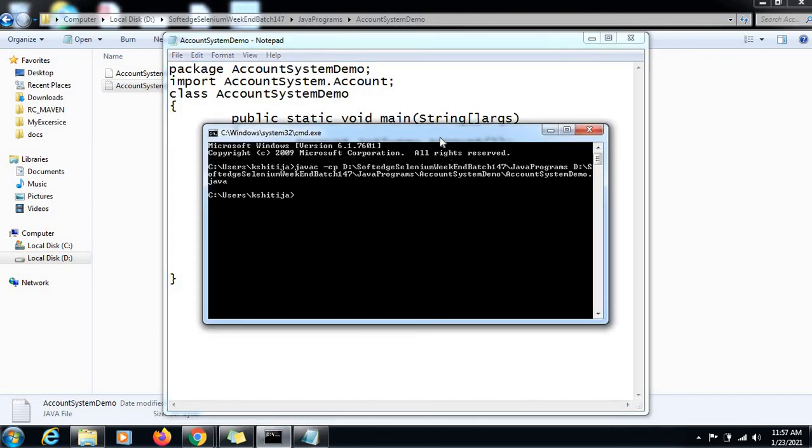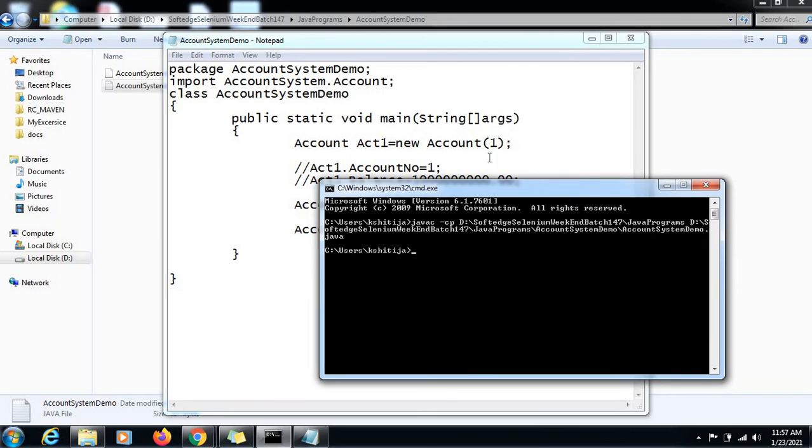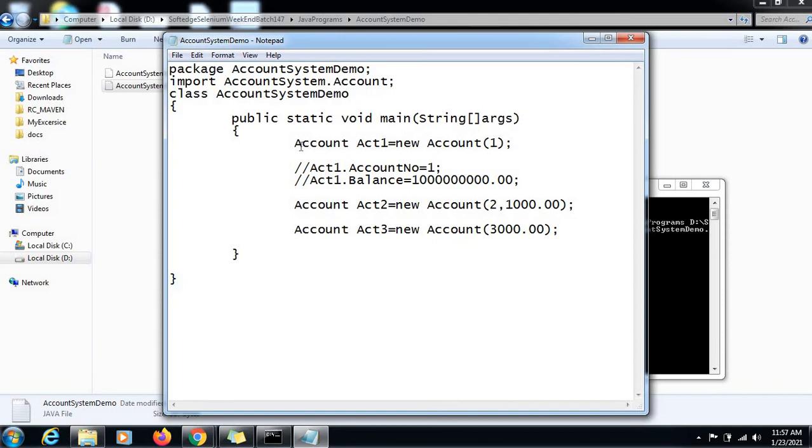Now my compiler started the compilation of this file. Okay, now in this file it encountered this symbol, account. Now it should know the bytecode of this account before it can process this symbol, right? Now what will my compiler do? The compiler is checking this import statement, right? So we are mentioning here the account class is present in the package called account system. That is what we are mentioning here by importing it from the package.